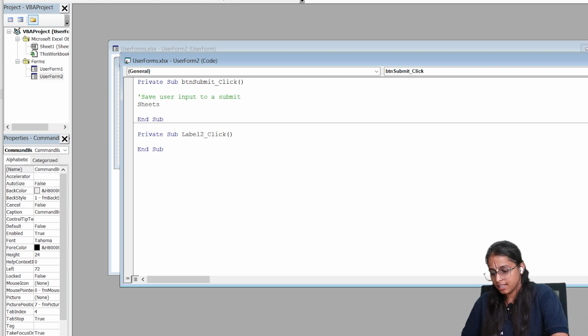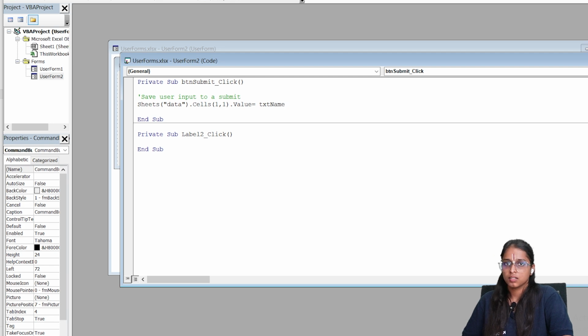Sheets, data, dot cells 1, 1 dot value equals text name dot value.